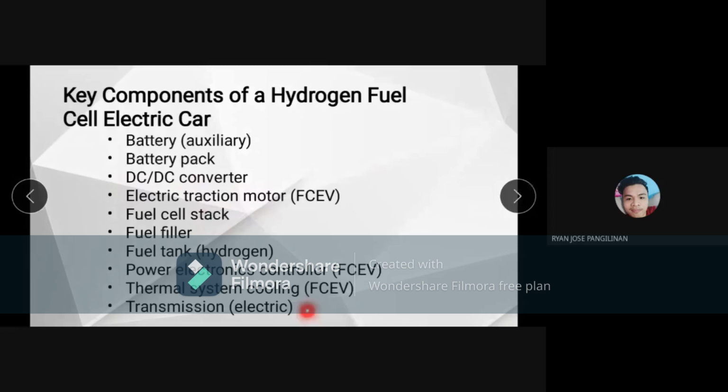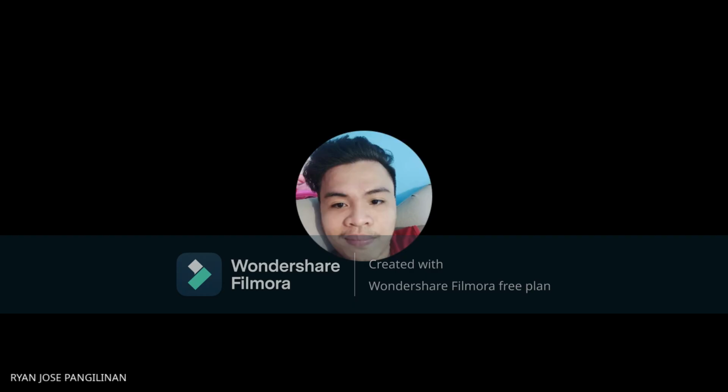So this is the full representation of all of them. This is the battery pack, the fuel